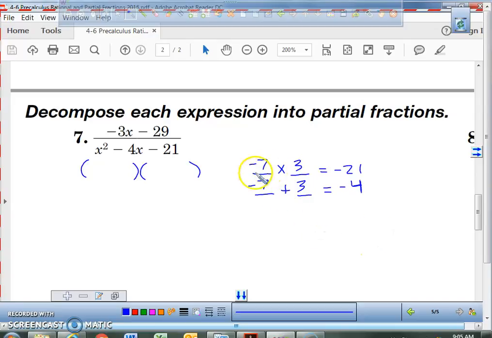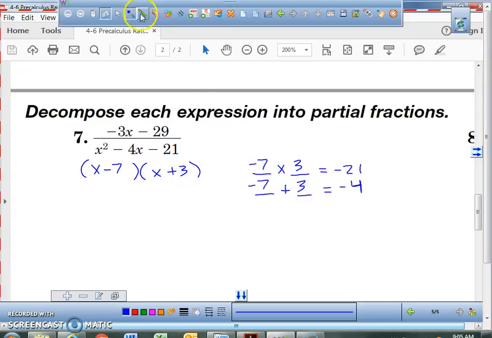So right here, what I want you guys to do is put x minus 7 and x plus 3, which means